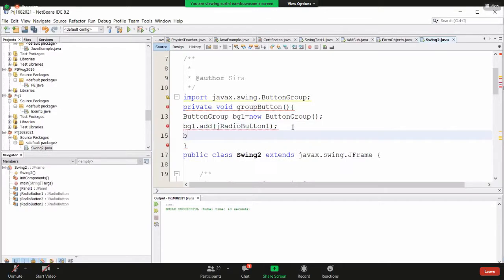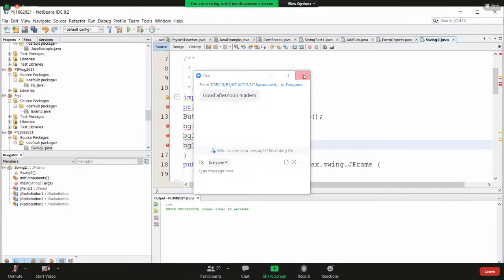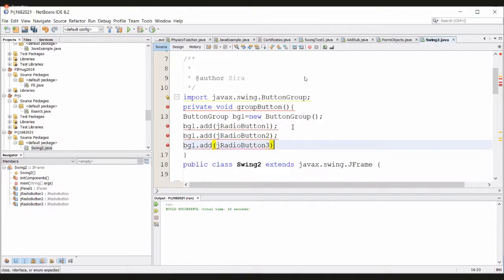And say bg1 dot. Right. Then this code has been entered.